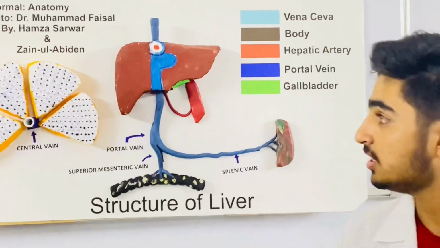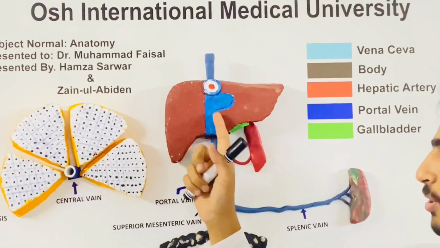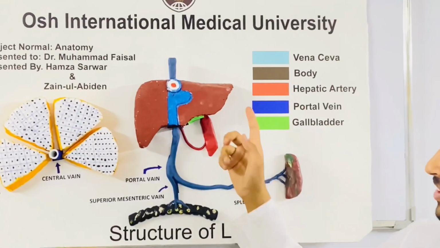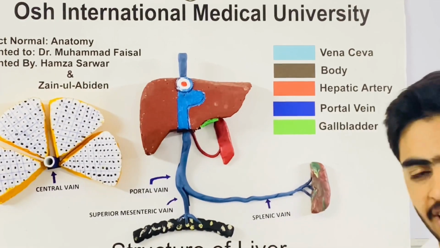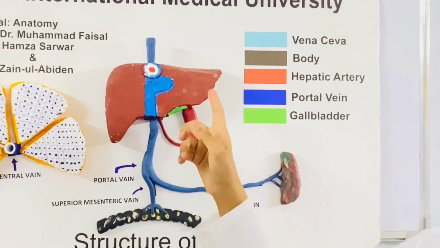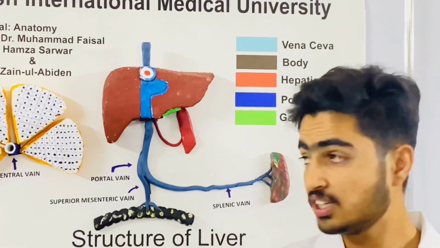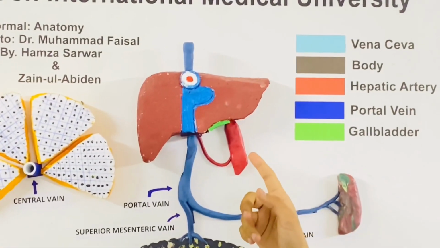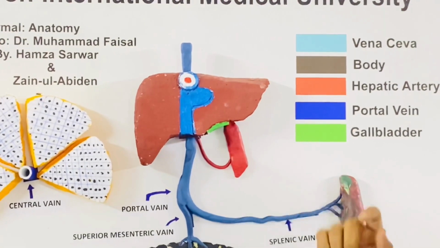Let's start. The liver is the largest gland in the human body. Its color is dark reddish brown. Its weight is 1500 grams. It has two lobes, the right lobe and the left lobe. Its structure is cone-like. Its location: the liver is located in the upper right abdominal cavity beneath the diaphragm, on top of the stomach, kidney and intestine.